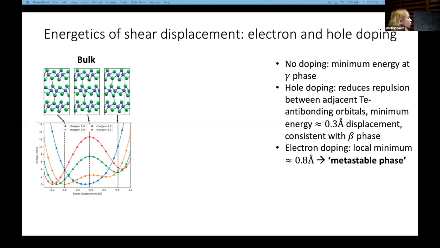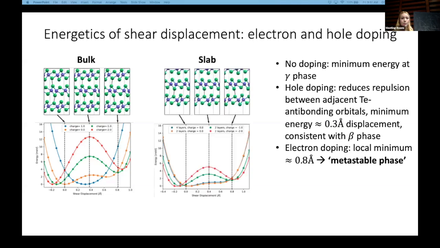And with electron doping, which is the green and the red, the global minimum of the energy moves to a small negative shear displacement, but still pretty much the gamma phase. But then there is a local minimum that develops at a shear displacement of 0.8 angstrom, which we call the metastable phase. And here is the same thing, but for a slab geometry, where